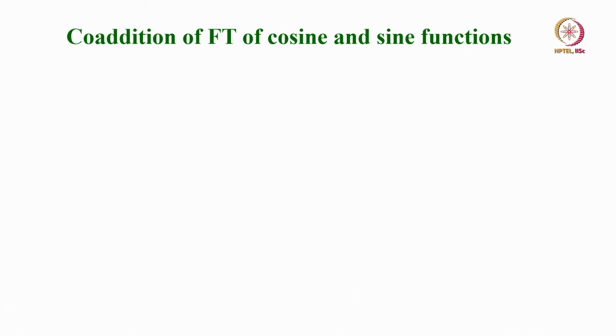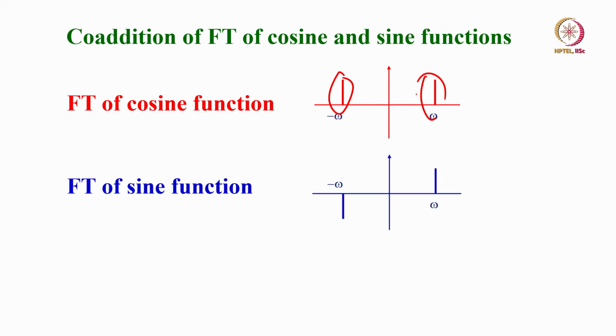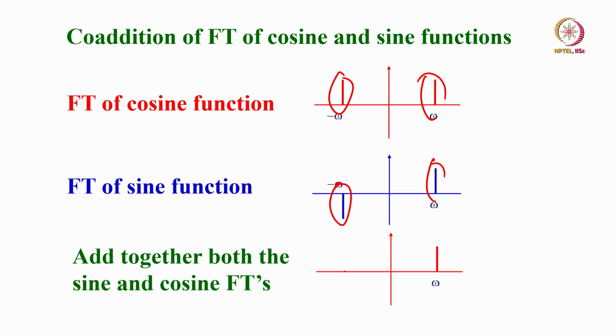Now I will do one trick. I will do the Fourier transformation of both these functions individually. This is the FT of a cosine function, that is what we discussed. We have negative and positive absorption. I will take the FT of a sine function, I have negative and positive, both are there. Let us add up both of them. What will happen? If I add both the Fourier transformations together, Fourier transformation is a linear function, I told you we can add it up in the time domain or the frequency domain. You add up both of them, then what will happen?